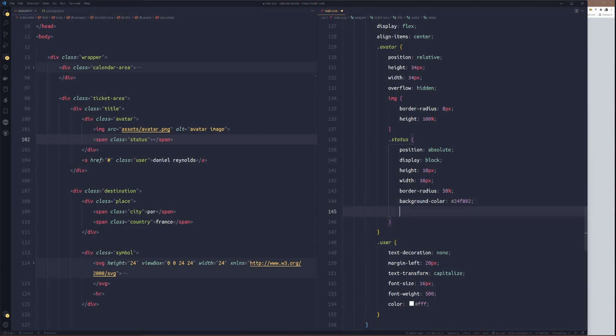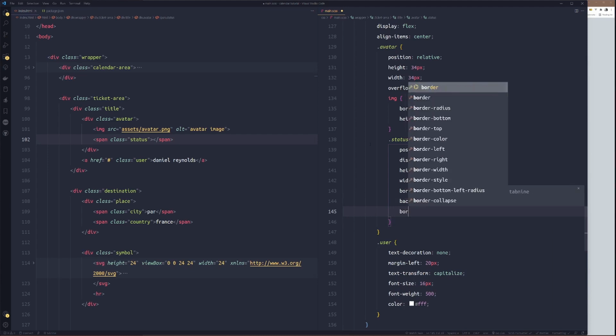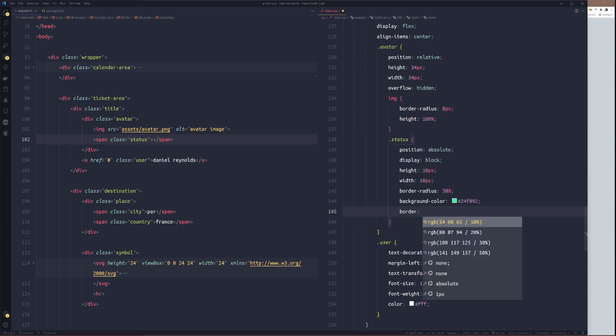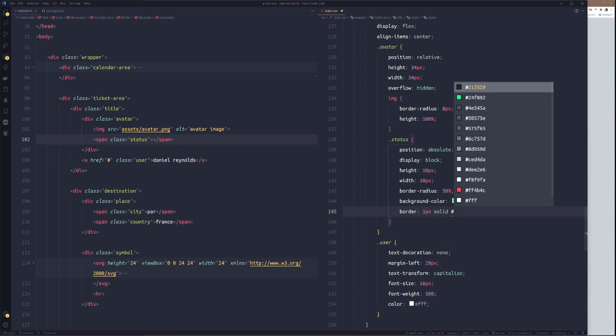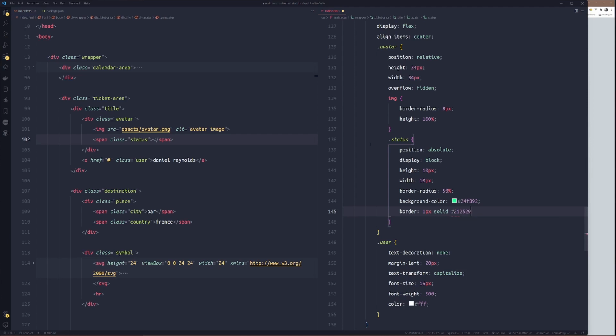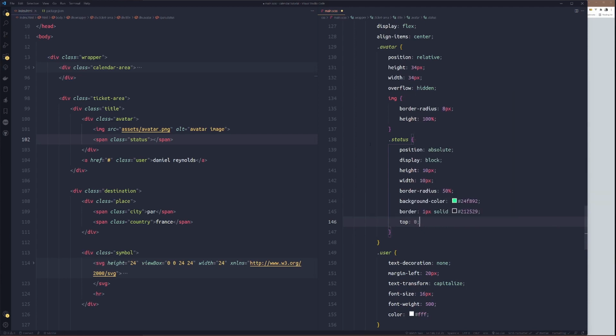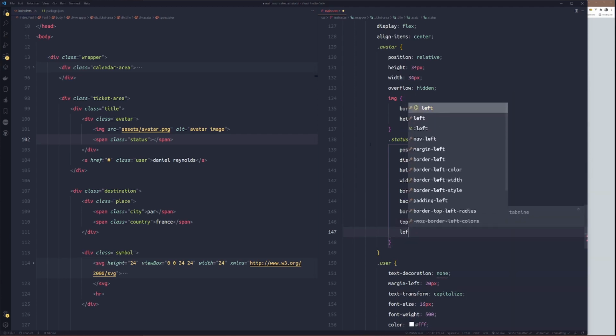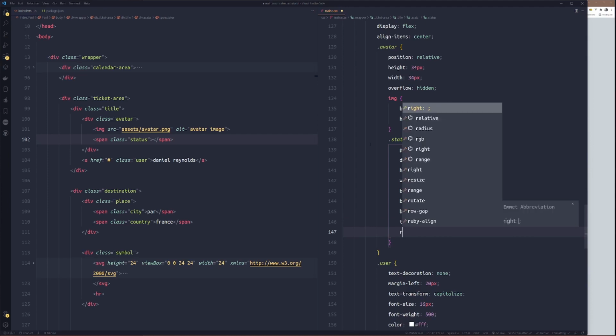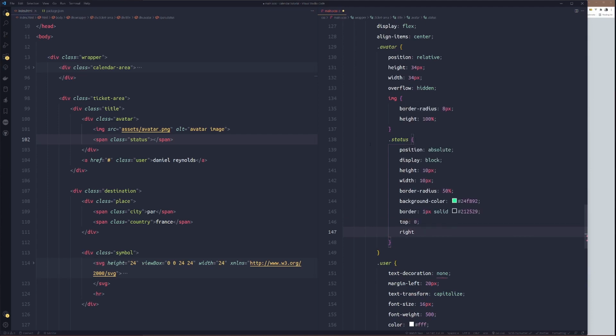This one is still the same thing. Border 1 pixel solid hash 221, then top could be 0, left, right could be 0.